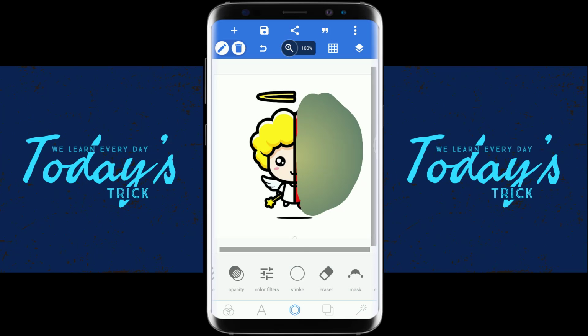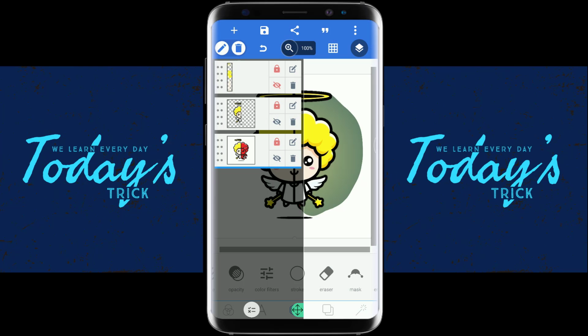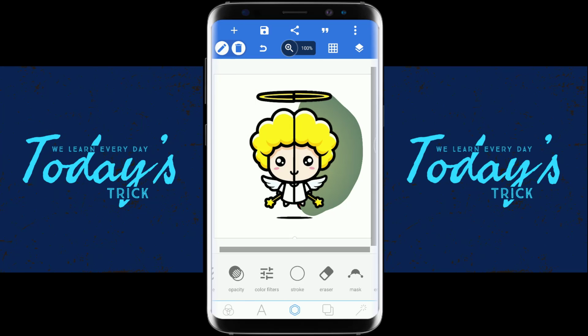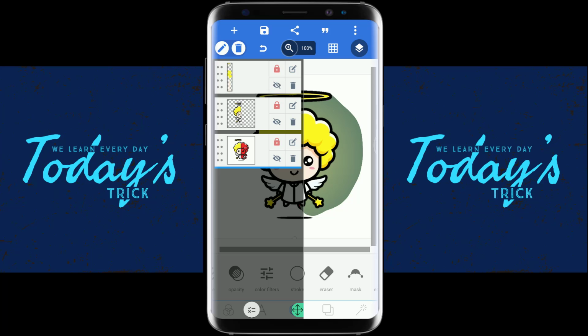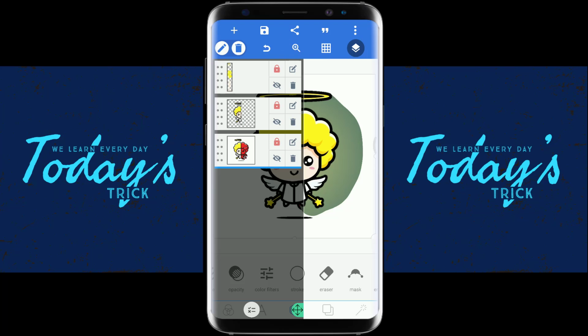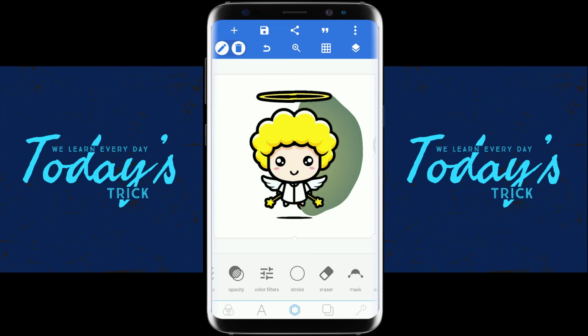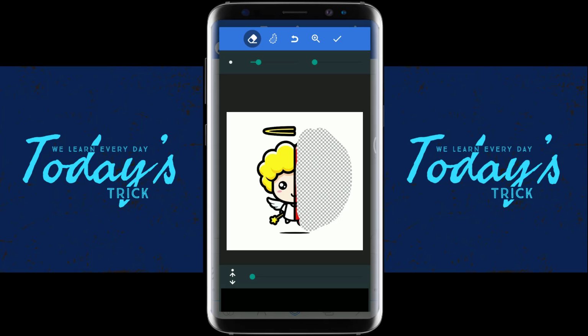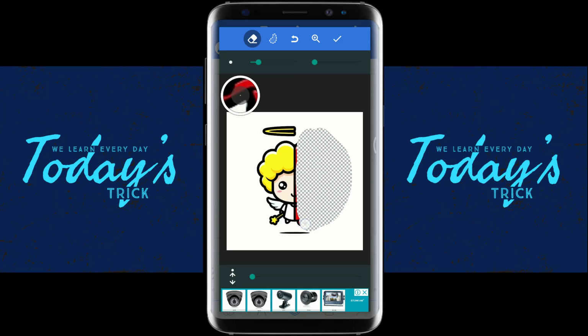Done. That's enough. Now you can see, for example, I create. Yeah, done. Okay. Got it. That's the image layer I used. Our angel got two steps. Okay, let's remove that or just keep it. Okay, we remove it. No problem about it. Erase. Okay.